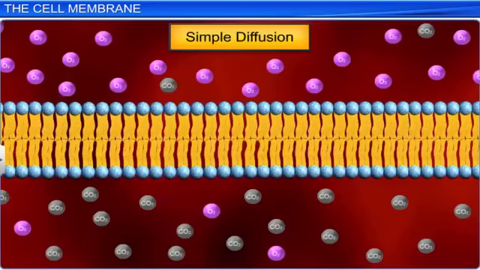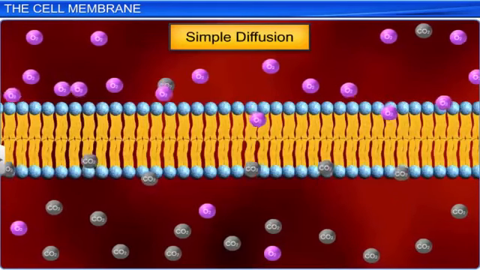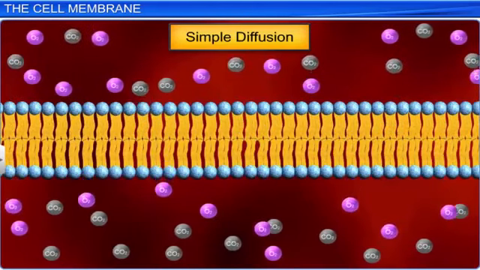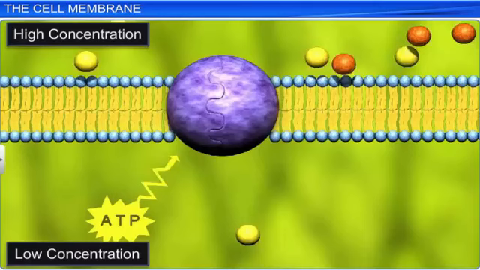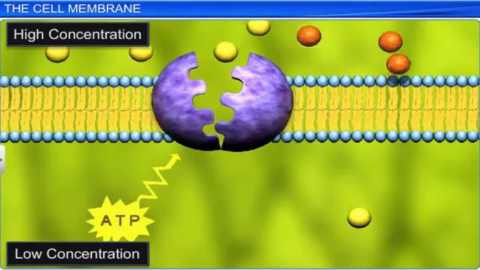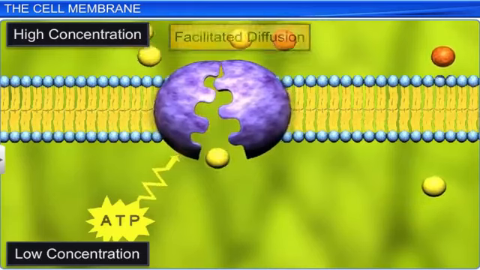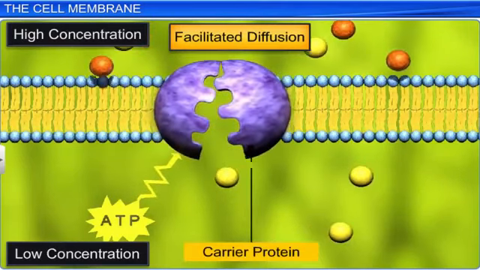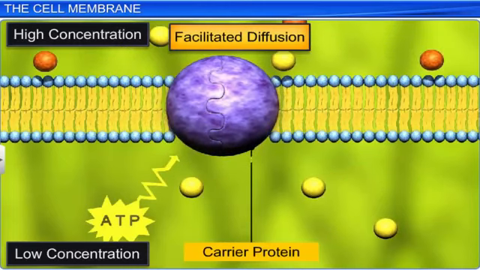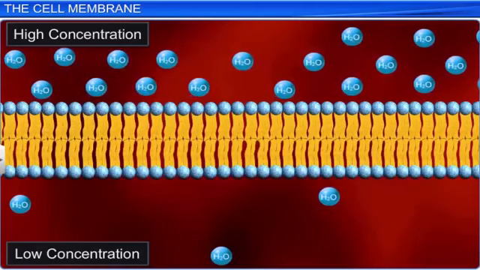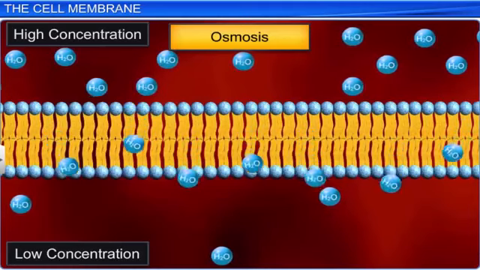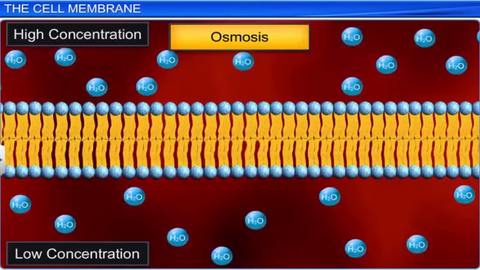In simple diffusion, oxygen and carbon dioxide molecules freely move across the membrane from higher to lower concentration, whereas larger molecules, such as glucose, are transported by facilitated diffusion, in which carrier proteins in the membrane change their shape and accelerate the diffusion process. On the other hand, osmosis refers to the movement of water molecules across the cell membrane through diffusion. In active transport,